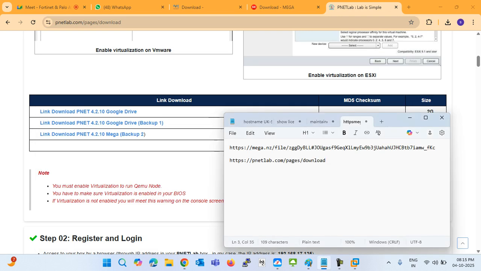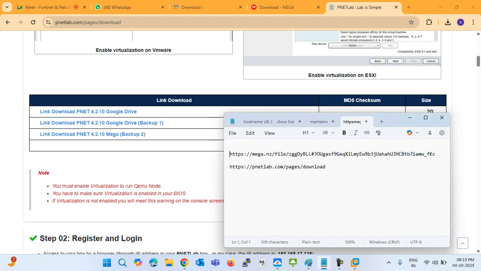So the upper one is for EVNG, and the next is Peanut Lab. You have to download any one of them, and then you can install it. After the installation,